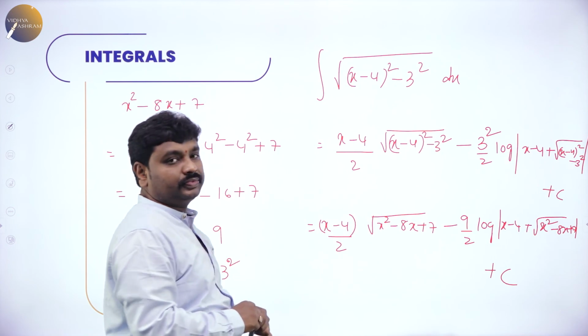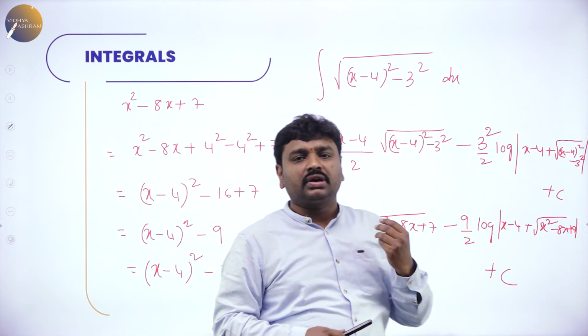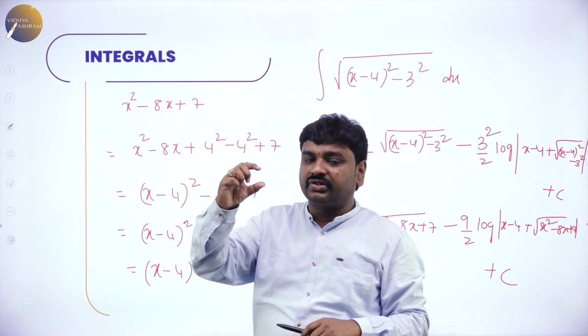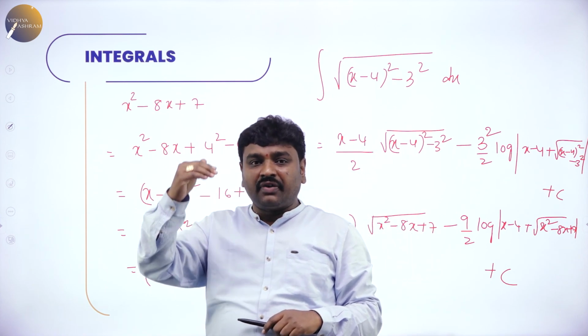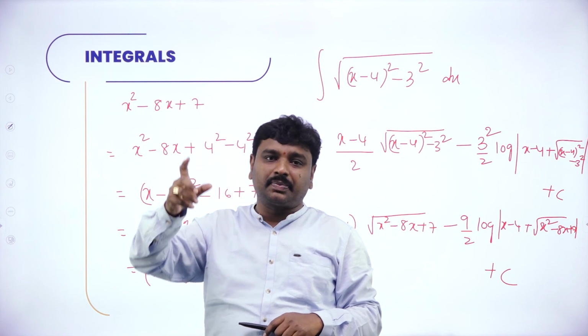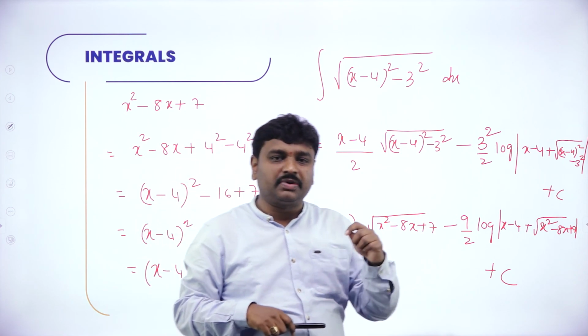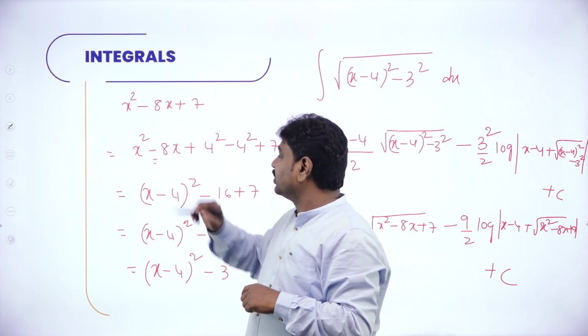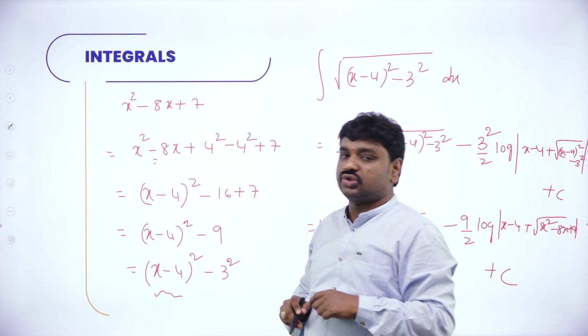You can go through. Whenever it is not a complete square, do completing the squares. How to complete the squares? See the coefficient of x. Half of it you take. Half the coefficient of x, the whole square you add and subtract. Then you can write it as a plus b the whole square or a minus b the whole square depending on the coefficient of x. Here the coefficient of x is negative, so it will be a minus b the whole square.